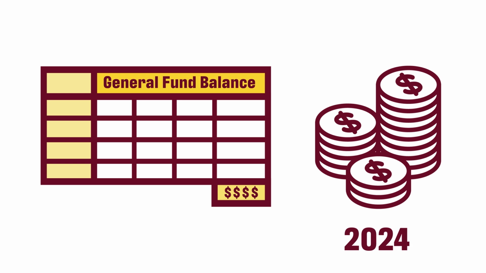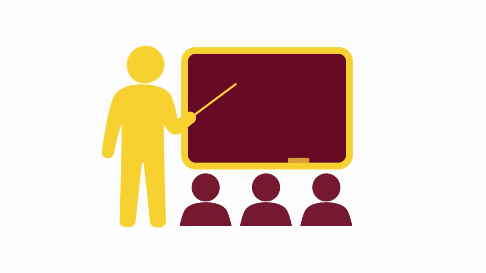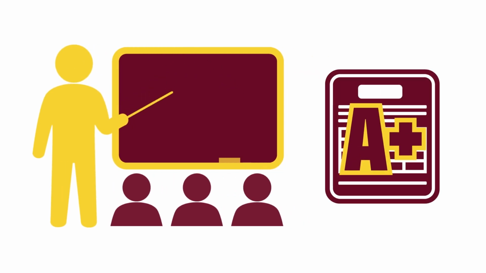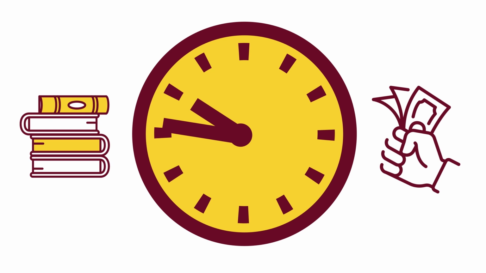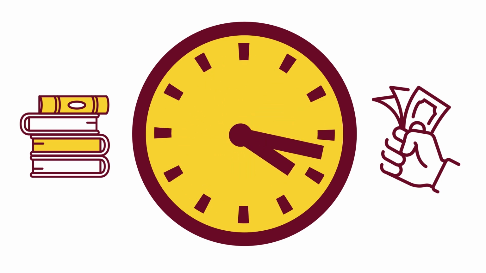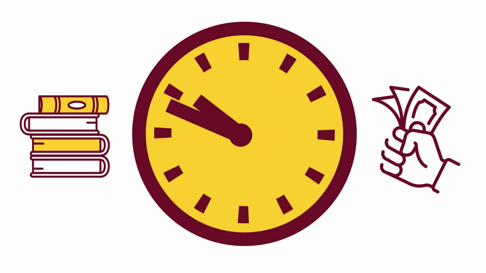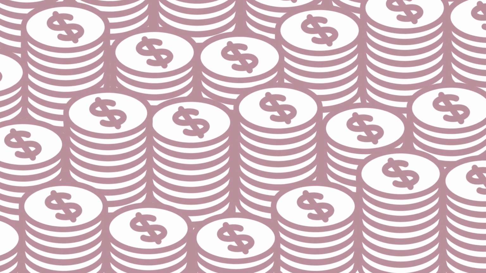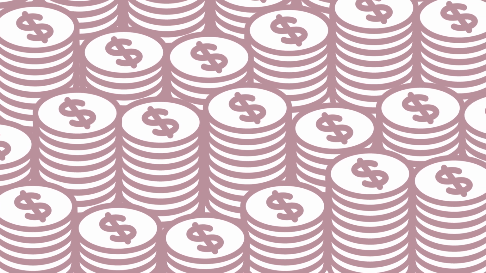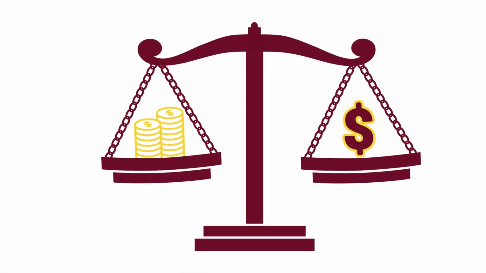For example, depending on their recent trends, sometimes a school will want to make a significant change in their curriculum in order to boost their academic scores and their student outcomes. If the school has no resources put aside to make those changes, they may need to wait months or even years until they do in order to make what they've determined to be a needed change. In doing so, they waste precious time their students could use benefiting from that new resource. In this way, we see how it's important to have some fund balance available to pay for new programs or unforeseen costs. But let's also talk about the flip side of fund balance.